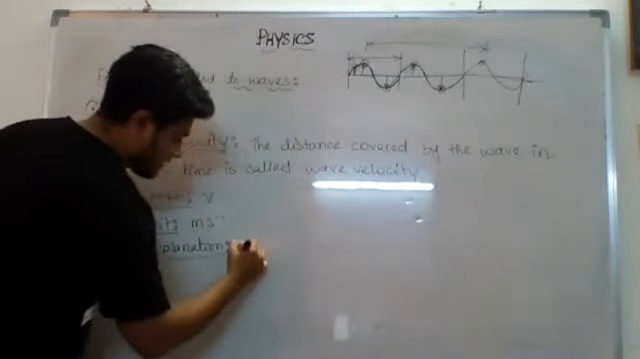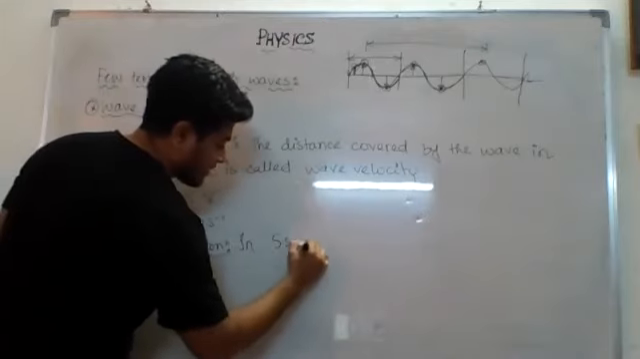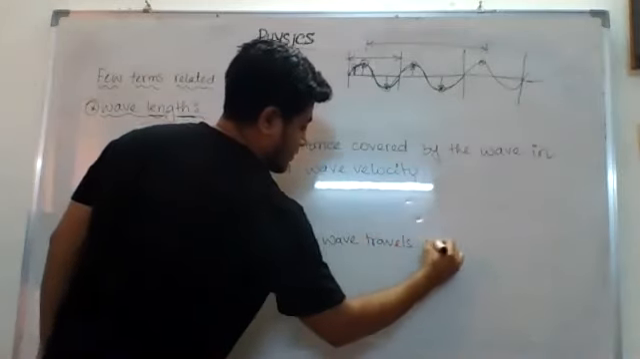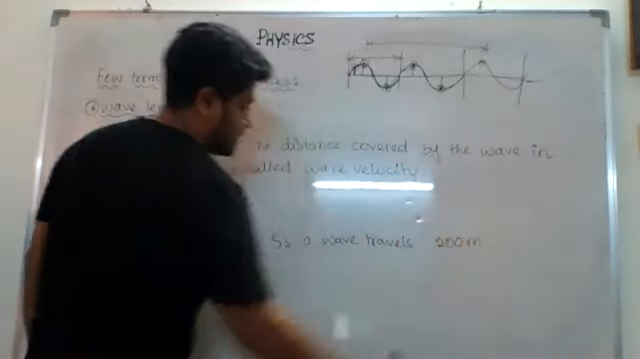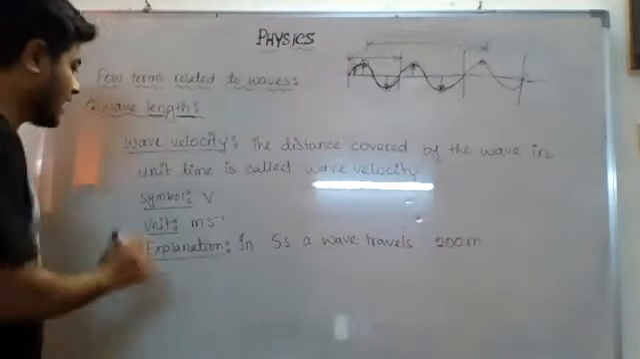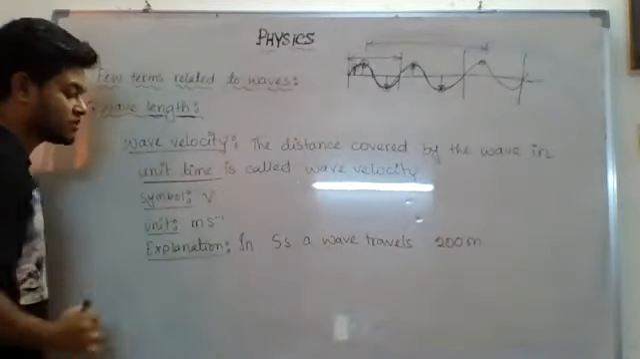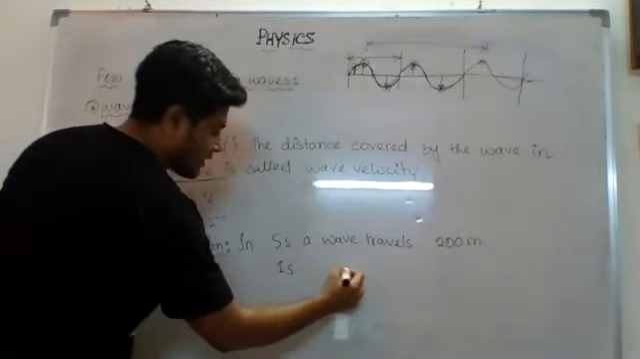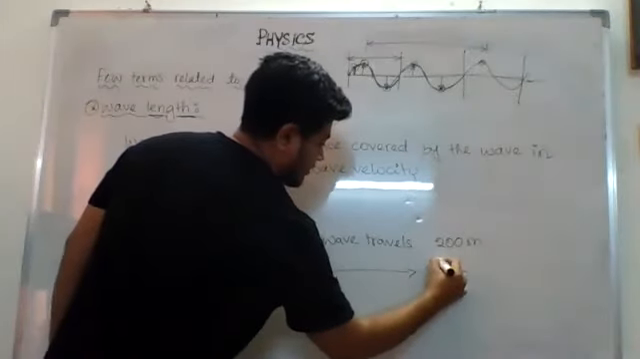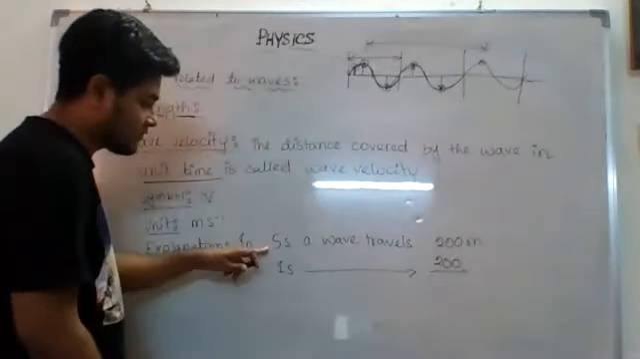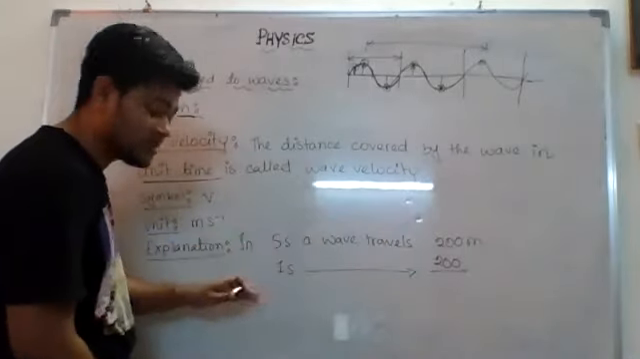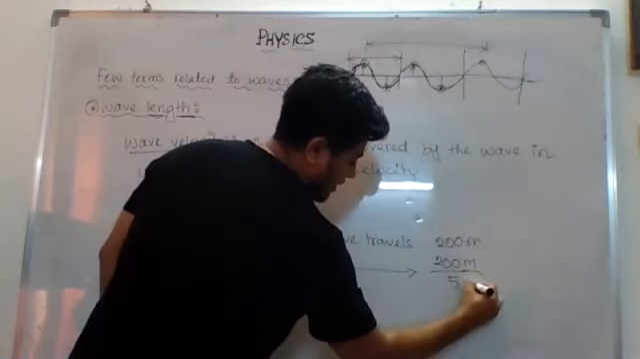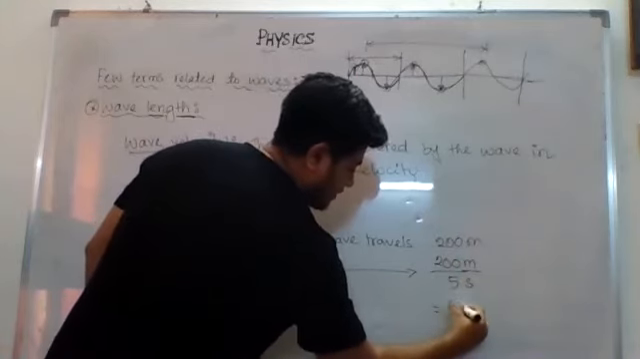let us say in 5 seconds a wave travels 200 meter. But to find out the wave velocity, I must know in unit time how much it travels. Unit time means in 1 second. Unit means 1, right? So in 1 second, the wave will travel definitely less, right? In 5 seconds, it is traveling 200. In 1 second, it will travel less. So I will divide it. So 200 is meter and 5 is second. So it will be 40 meter